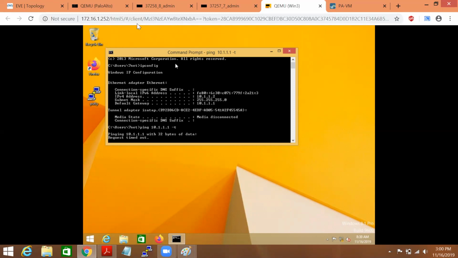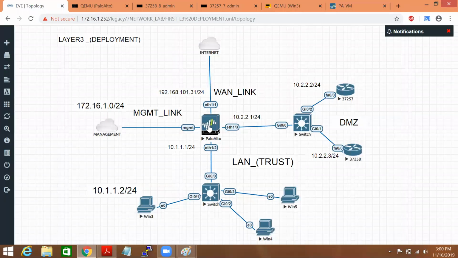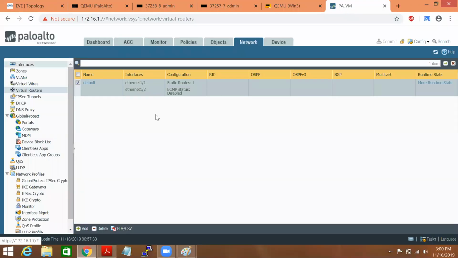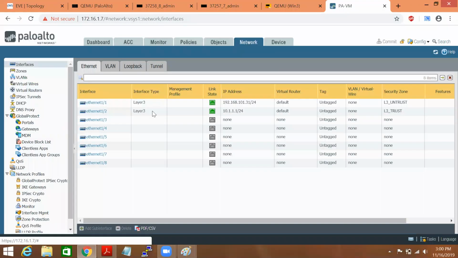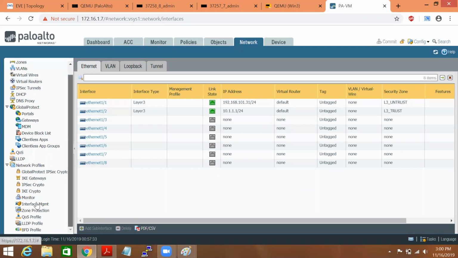What I've told you earlier, if you do want to allow traffic or any service on other interface like SSH, HTTP, ping, you have to configure a management profile. Even if the interface is part of trust, it doesn't allow ping, it doesn't allow HTTP, SSH, telnet. So in order to allow, you have to configure an interface management profile.